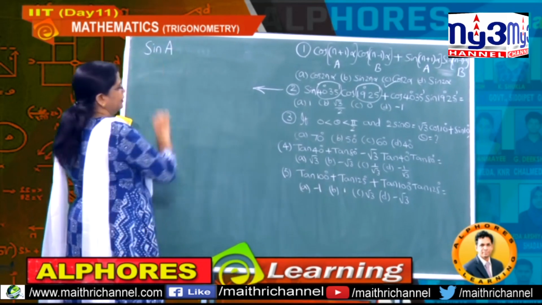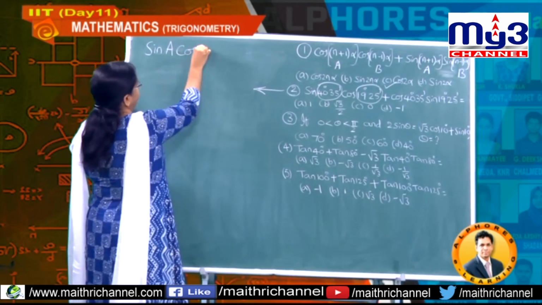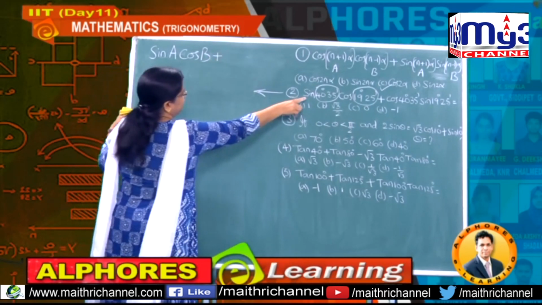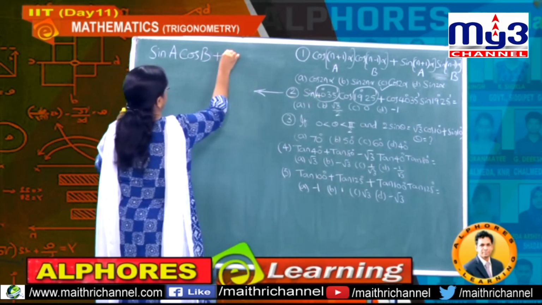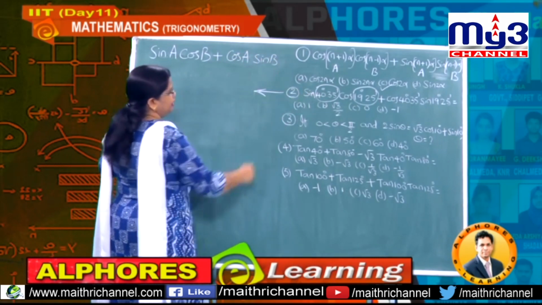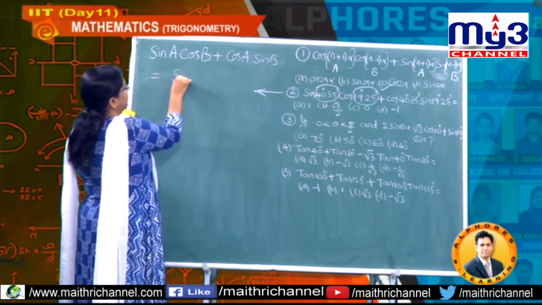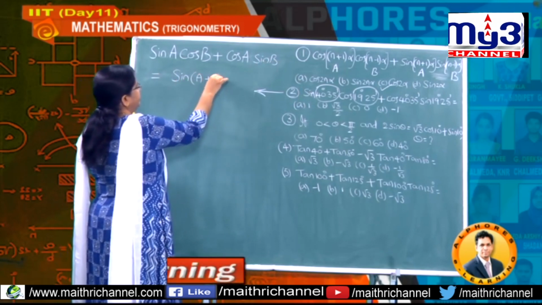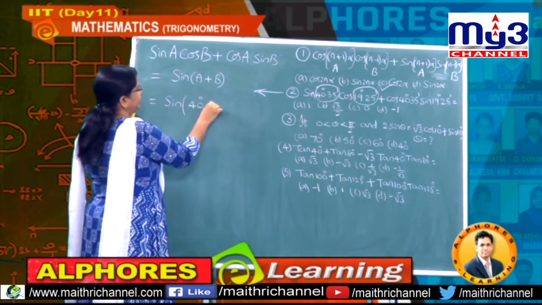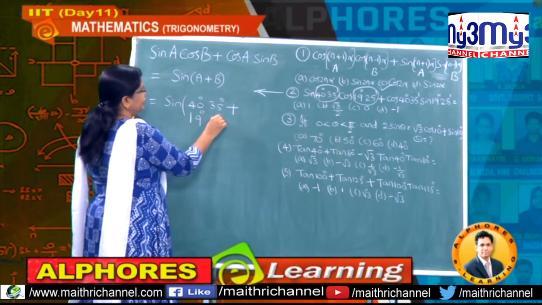I am taking it as A, and the next value is cos 19 degrees 25 minutes, that is B, and the next value cos 40 degrees, same value is repeating again, therefore this is cos A, and this one is sin B, same 19 degrees 25 minutes repeated. Hence what is this value here? Sin of A plus B. What is your A value here? That A value is 40 degrees 35 minutes plus B value is 19 degrees 25 minutes.